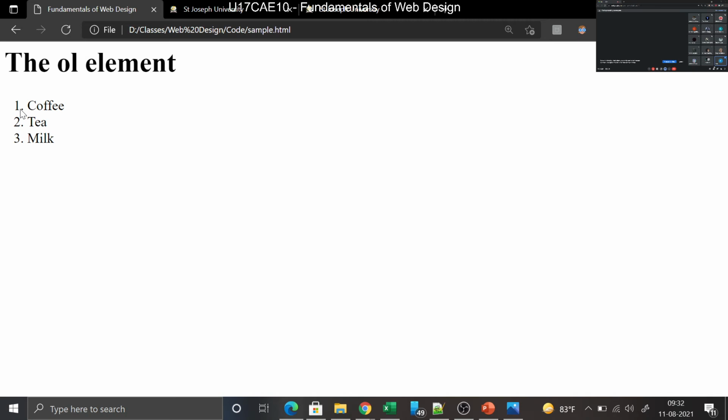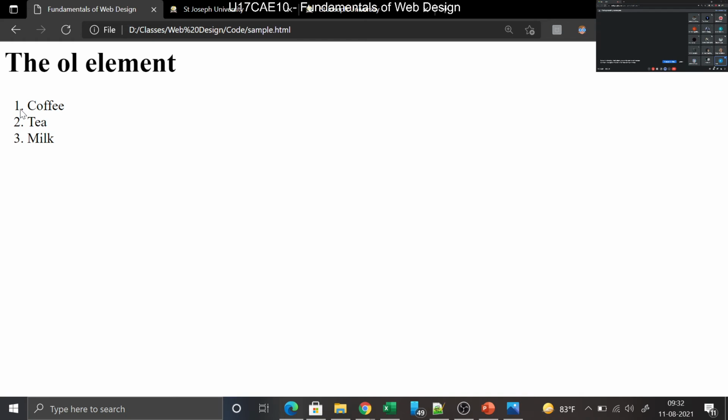So what is the purpose of an attribute? It extends the functionality of the tag, right? Your tag, for example, OL and LI can only start the list from 1. I want to start the list from number 50 onwards. So you are extending the capability of this. How can you do that? By using the attribute start. Okay, so if I give start and number 50 over here, and then I refresh, now what is happening?